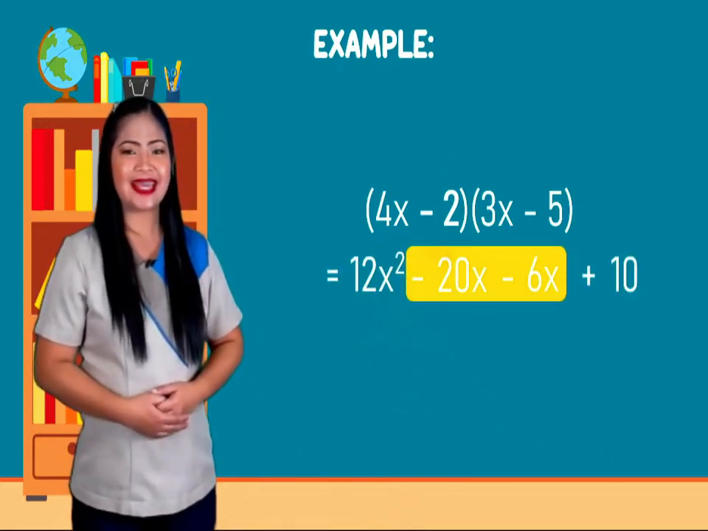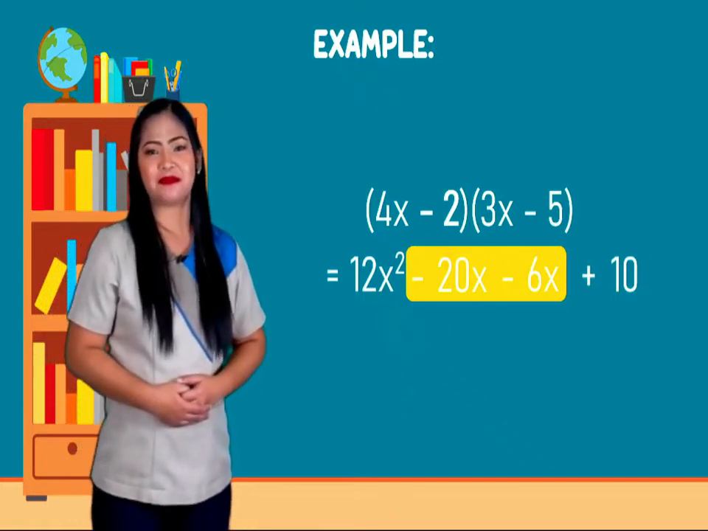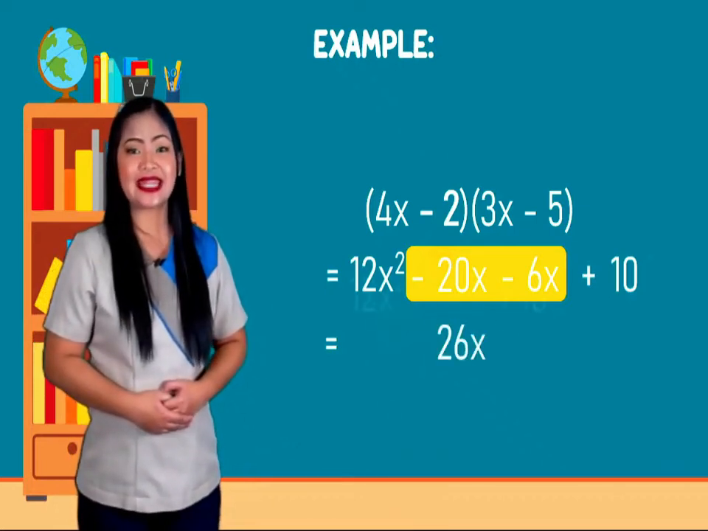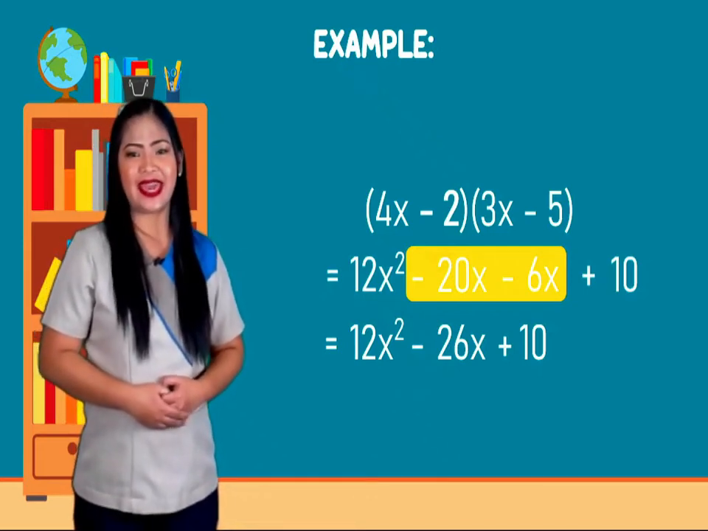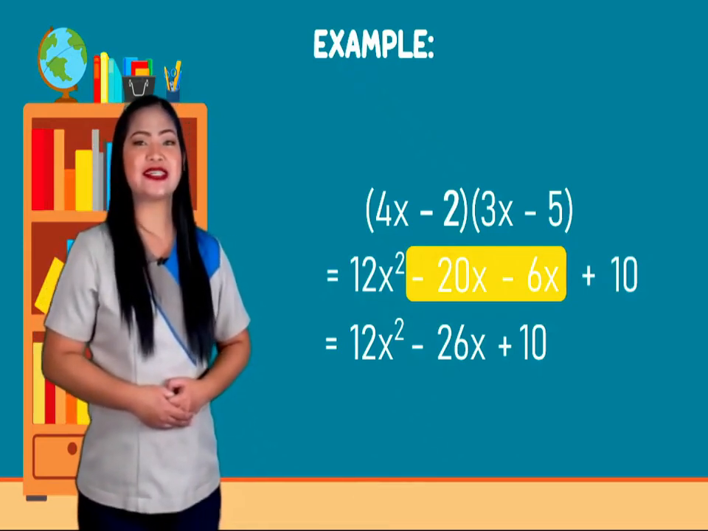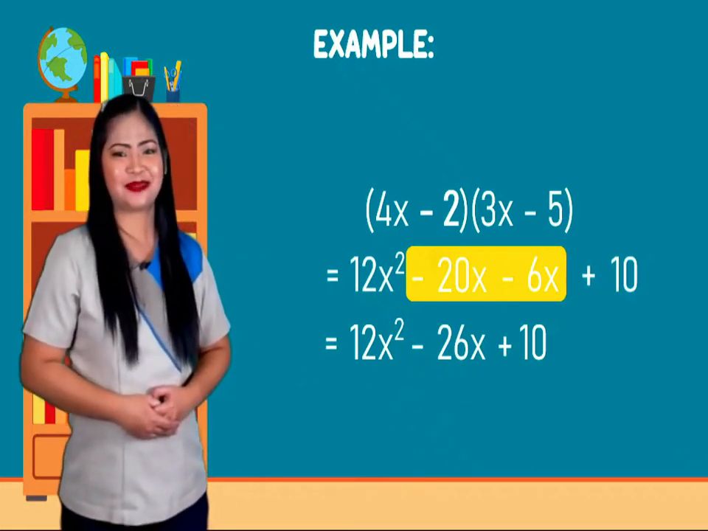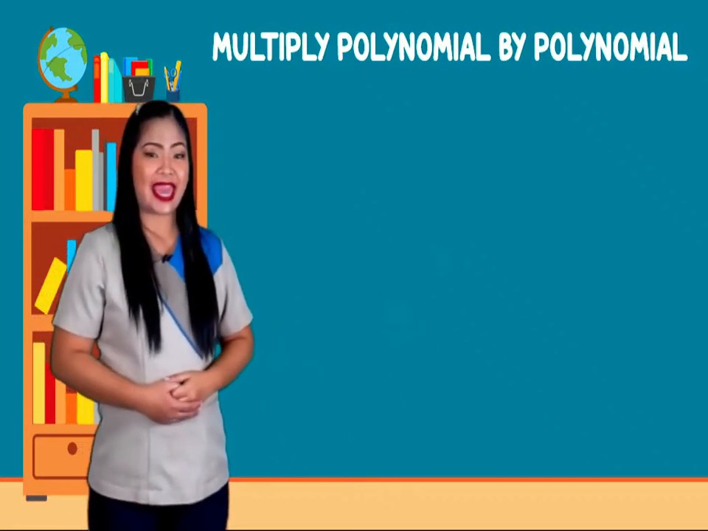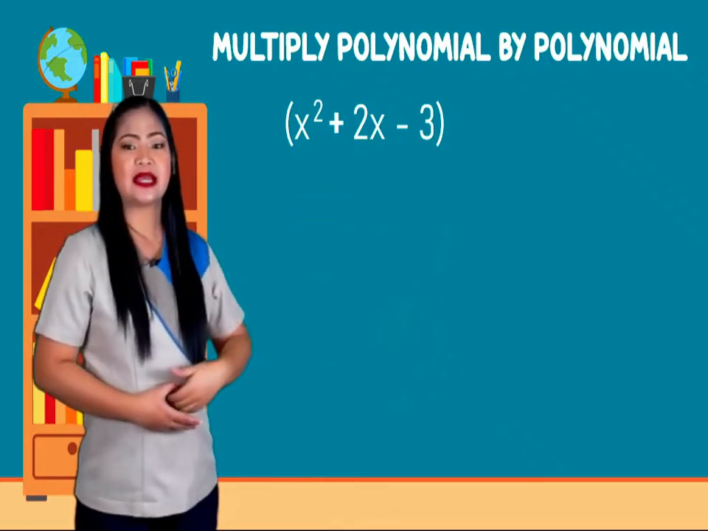Since negative 20x and negative 6x are like terms, we can still combine them. Negative 20x minus 6x gives us negative 26x. Therefore, our final answer is 12x raised to the second power minus 26x plus 10. Furthermore, if we multiply a polynomial by a polynomial, like x raised to the second power plus 2x minus 3